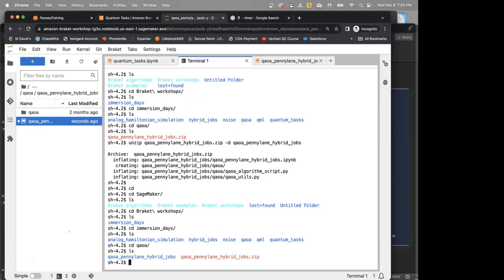Is that okay, Tara, are you able to follow? To unzip this directory, all you need is unzip this whole thing -d. Let me put this in the chat. You can use this command after you are in this QAOA directory.